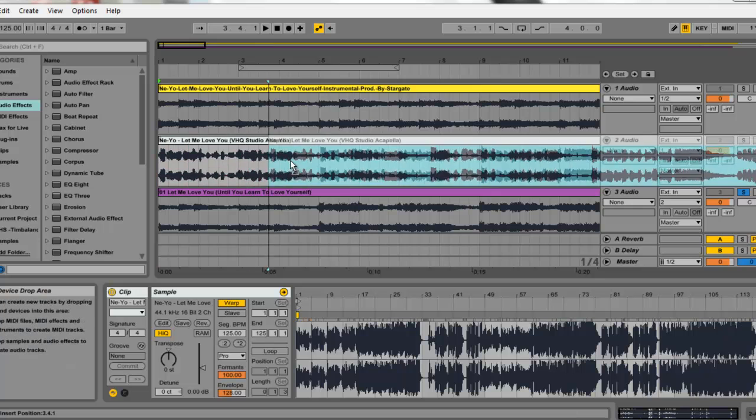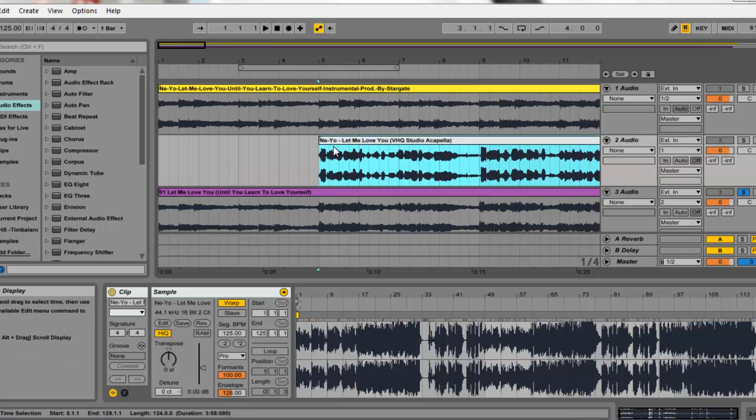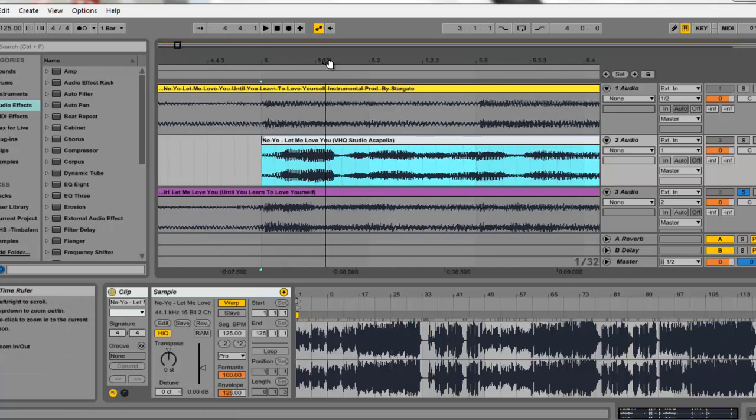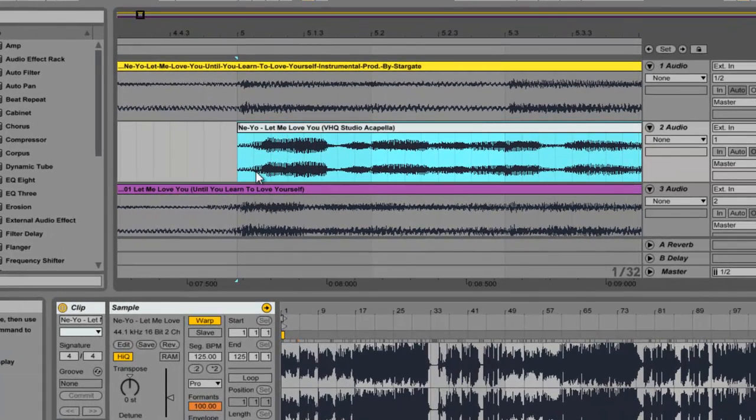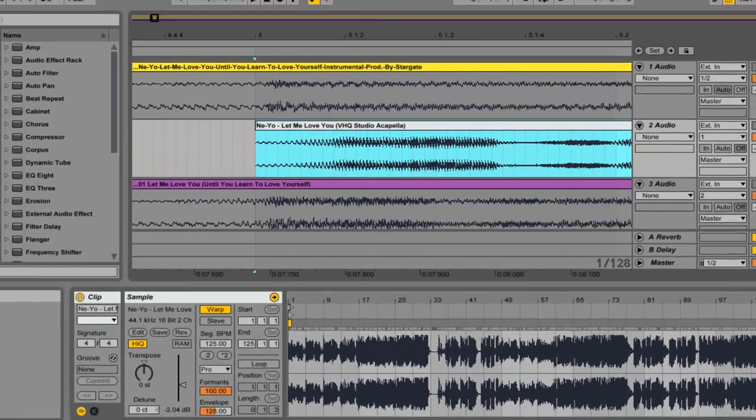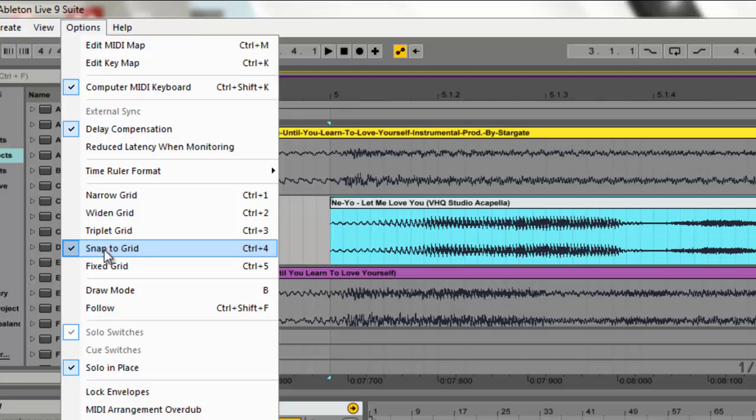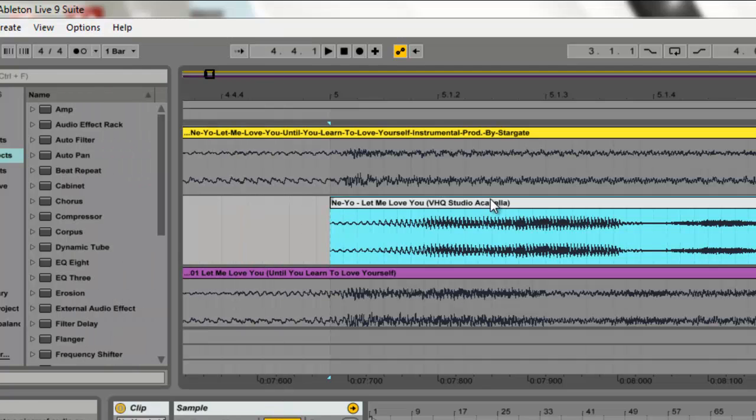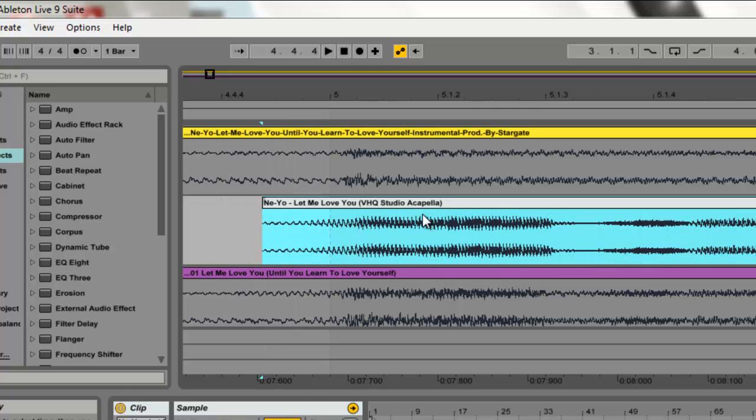Yep. And then I'll move this forward within the project to try and sync it up. As you can see, the waveforms are very slightly similar. This is slightly louder, so I'll turn it down a bit. Best way to do this is to go to options, and where it has a tick next to snap to grid, undo snap to grid, and then just try and line it up to the point where it really looks